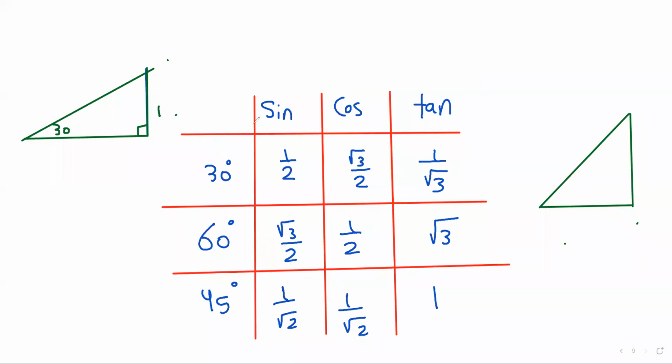Here is the table. Just to remember, but please don't memorize. I strongly recommend you draw the triangle with angles 90 and 30 and put here 1. By side, the hypotenuse is 2, and this side, by using Pythagoras, is the square root of 3. And draw this triangle of angles 90, 45, and 45. By side you will get this side is the same as this side, so put 1 and 1, then get